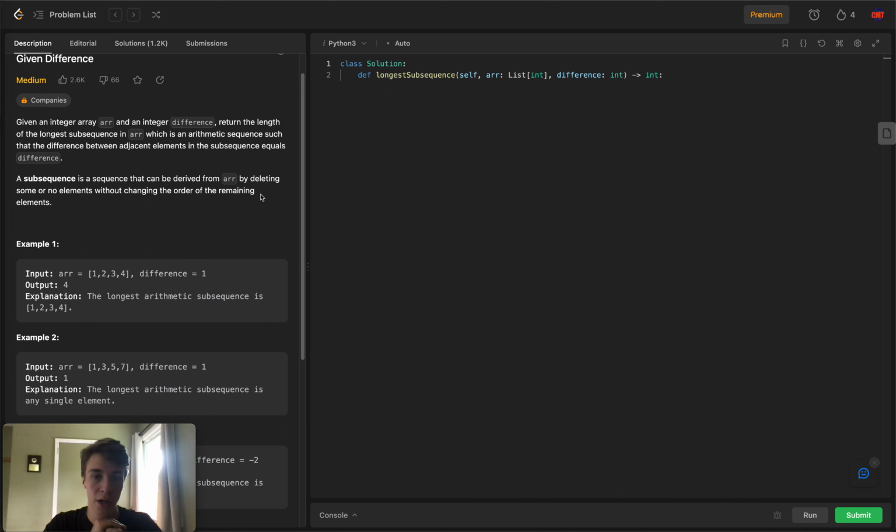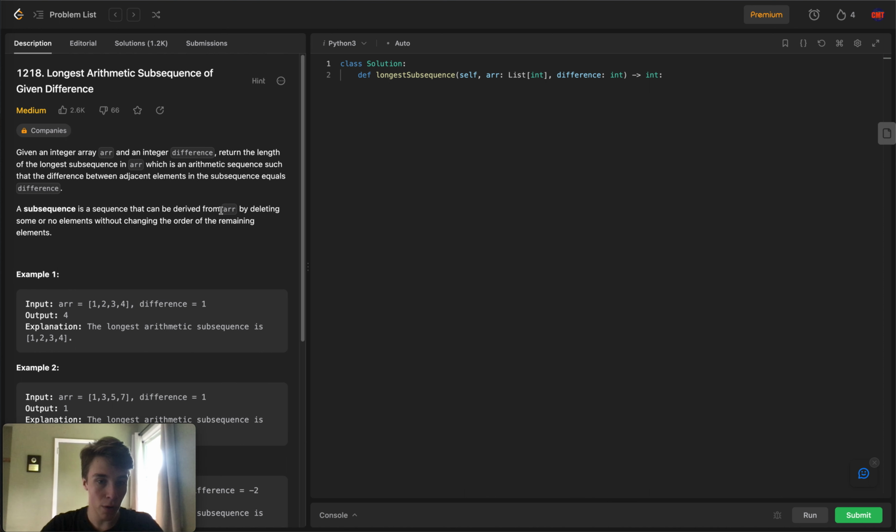But the problem there immediately arises that you're doing an O of n squared iteration. For every element, you're going to be looking through the whole array. So it's going to be n, the number of elements to start off with, times n, the number of elements in the array. So the time complexity of this algorithm is going to be O of n squared, which immediately leads me to the next